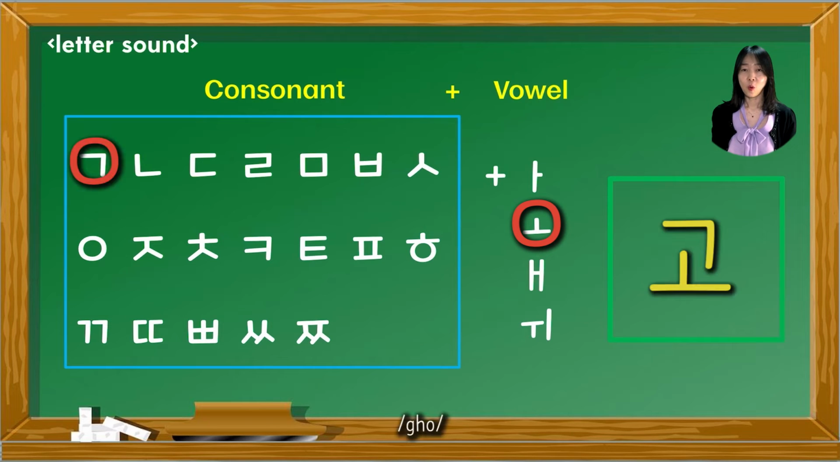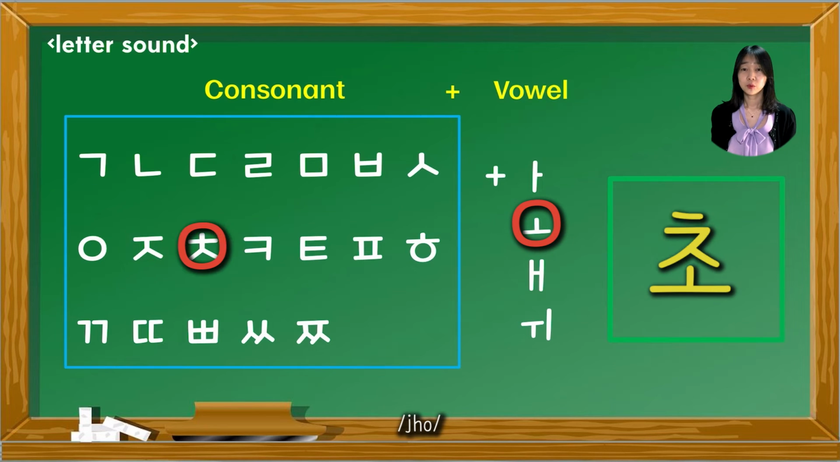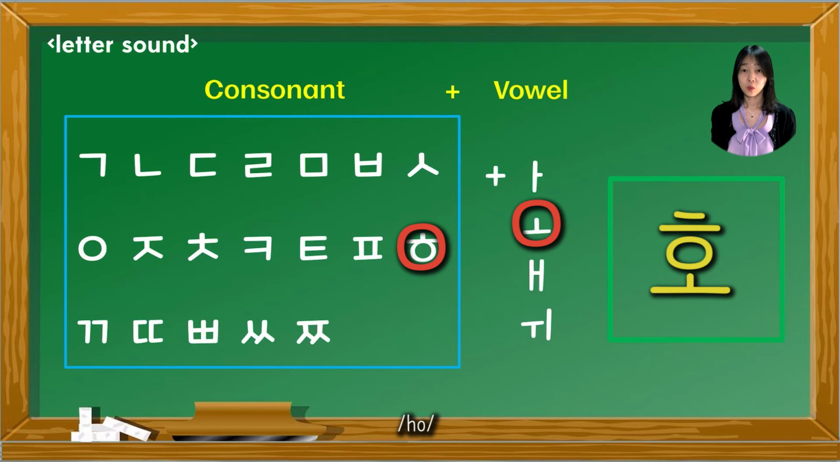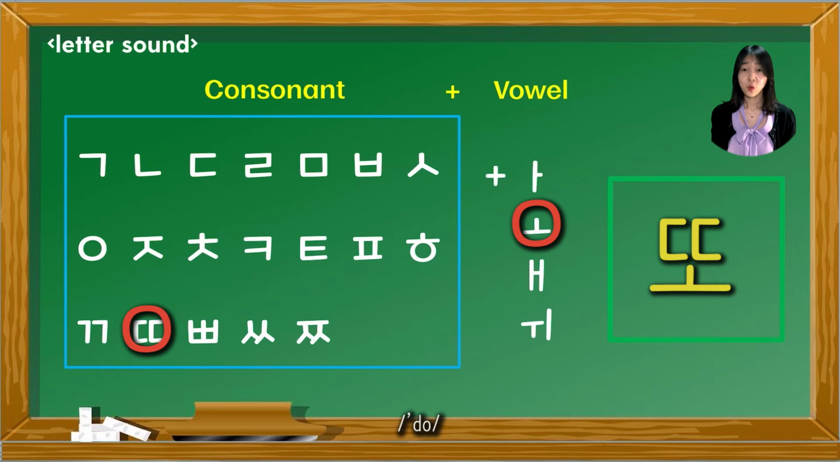and 고, 노, 도, 로, 모, 보, 소, 오, 조, 초, 코, 토, 포, 호, 꼬, 또, 뽀, 쏘, 쪼,